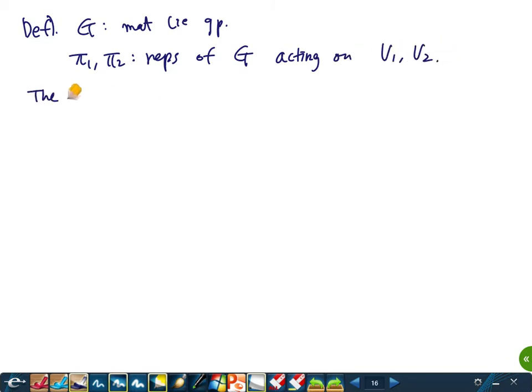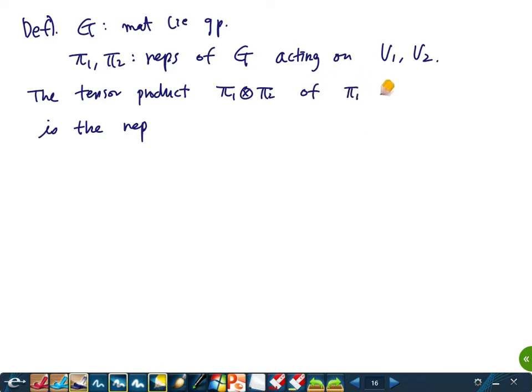Then the tensor product, denoted pi 1 tensor pi 2, yeah, this should be capital, but okay, let's just write it. Tensor product of pi 1 and pi 2 is the representation